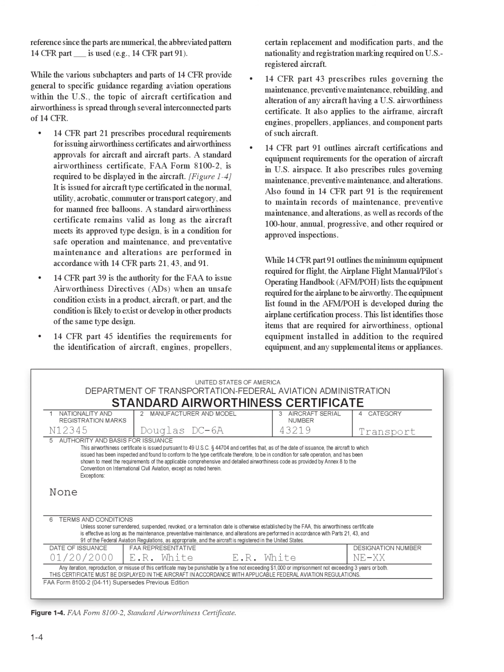This airworthiness certificate is issued pursuant to 49 U.S.C. Section 44704 and certifies that, as of the date of issuance, the aircraft to which issued has been inspected and found to conform to the type certificate, therefore, to be in condition for safe operation, and has been